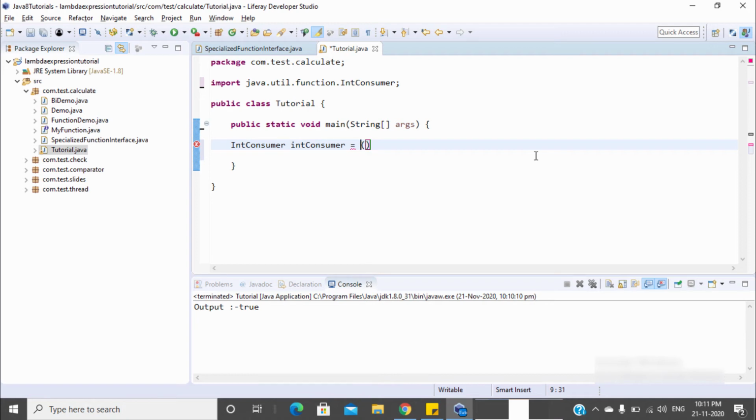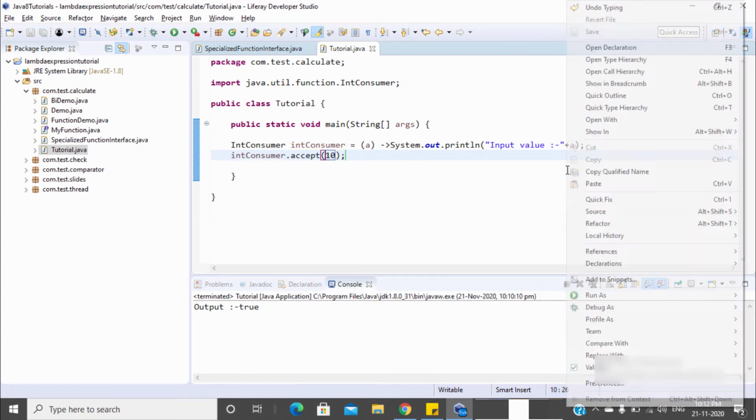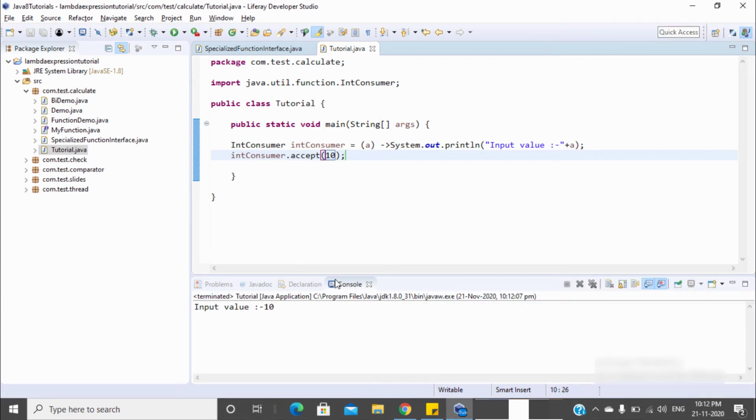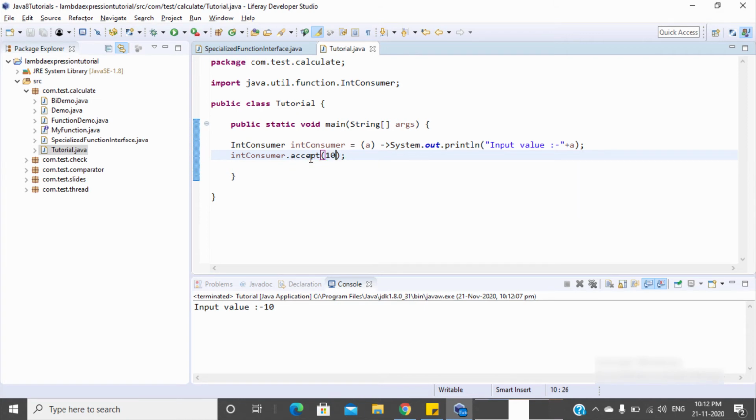So we can pass a, and the input value is 10. Let's try to pass a double, and this will give me an error because we are using IntConsumer. This way, if we know that we are going to provide an integer value or a double value, then accordingly we can use IntConsumer or DoubleConsumer.